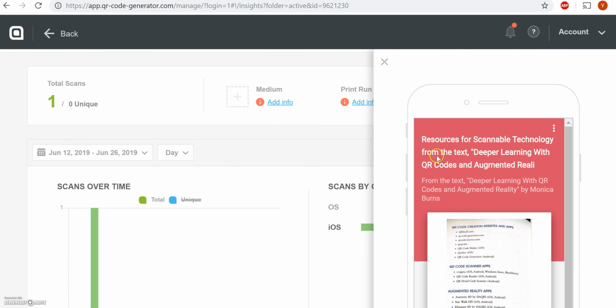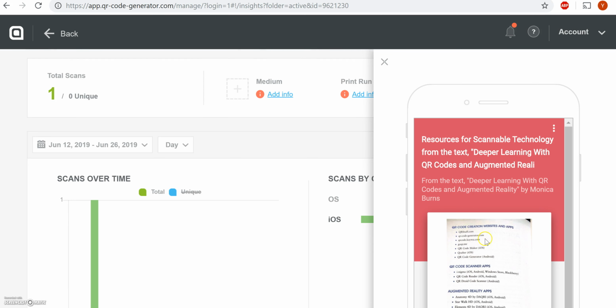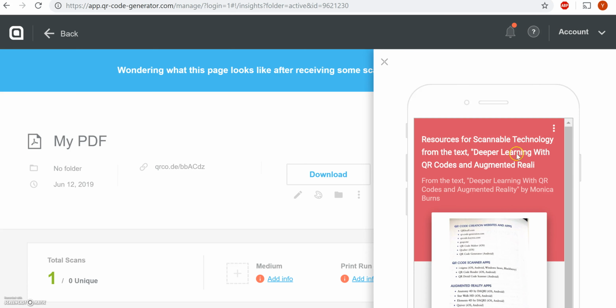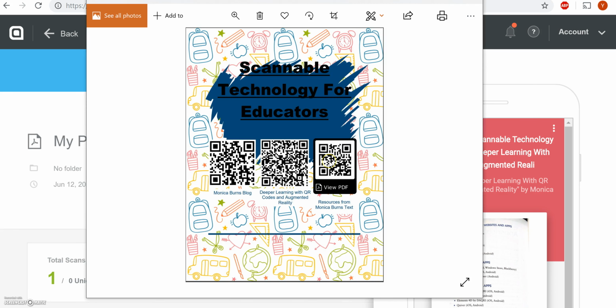Resources for scannable technology from the text. And it cut off there, but it says Deeper Learning with QR Codes and Augmented Reality by Monica Burns. And all that's on this website is the pages, which you can preview right there. It was honestly a lot simpler than the augmented reality. I would highly recommend this